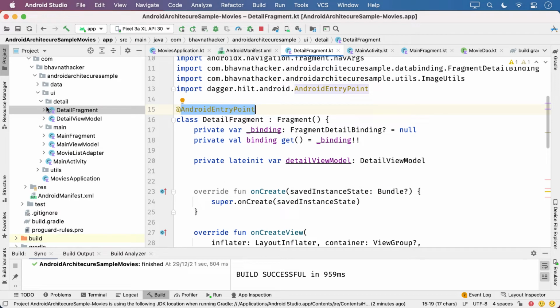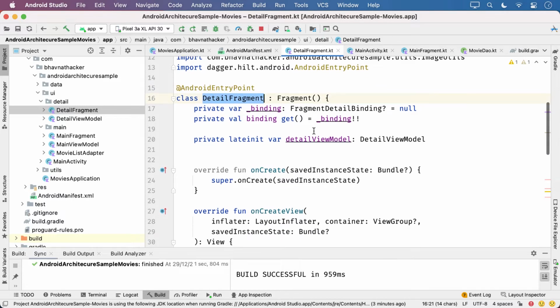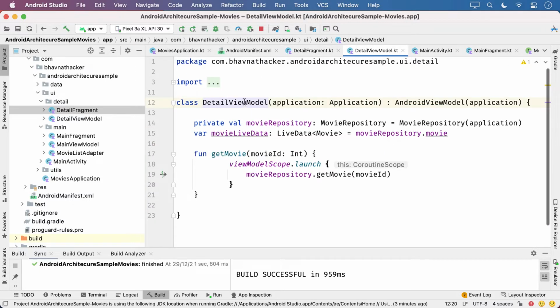Now come to the dependencies that you are going to inject using Hilt. How does it work? In MVVM architecture, your activity or fragment depends on the view model. The view model depends on the repository, and the repository depends on data sources, local and remote. If you see the fragment, there is an instance of view model. I go to this view model and it has a repository dependency.